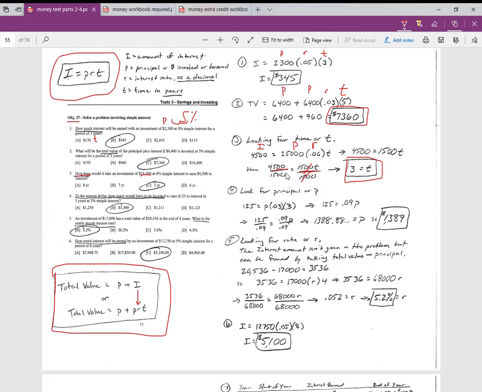Okay. Number 4, it's a very similar problem, except they're just asking for a different thing. Instead of asking for time, they're going to be asking for principal. So it says, to the nearest dollar, how much would have to be invested? So that's principal. We don't know. To earn $125 in interest. So they're telling us $125 is what we want to earn in interest